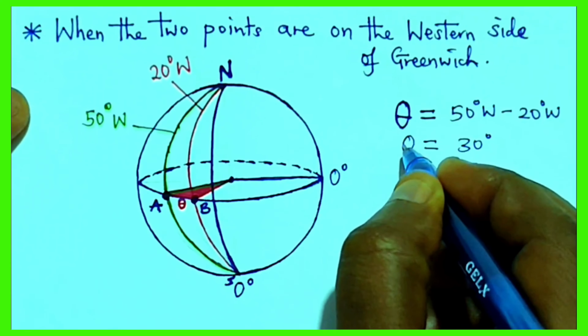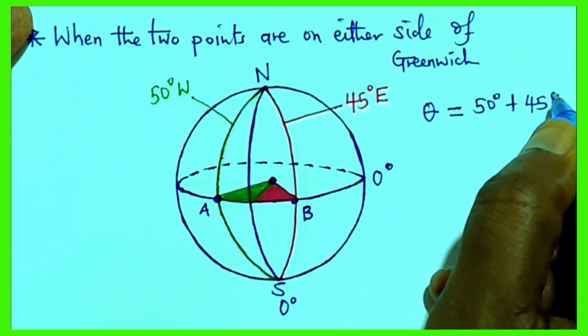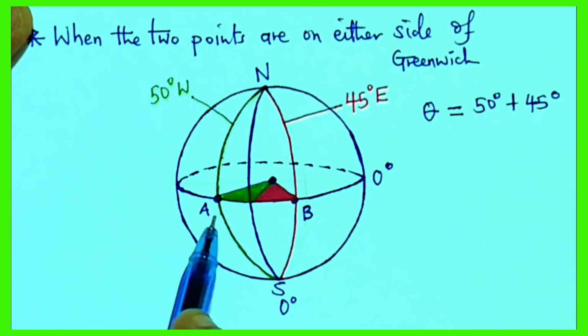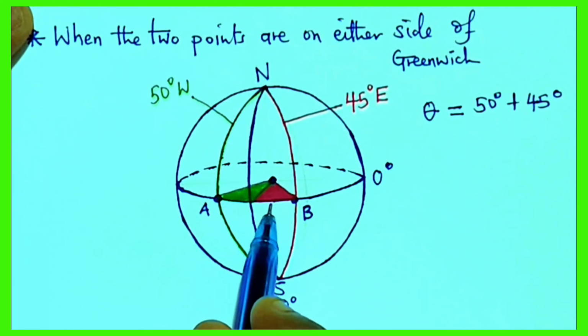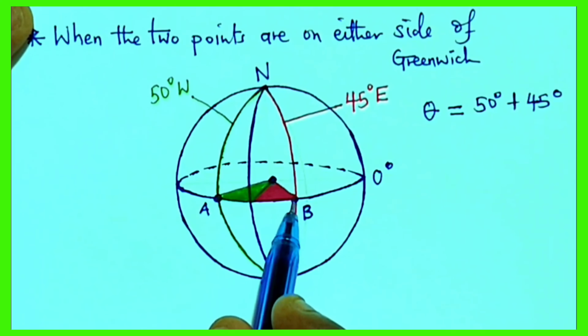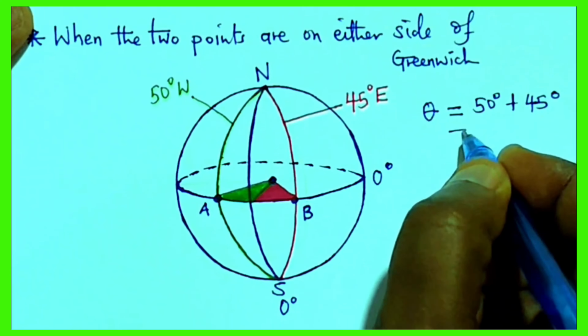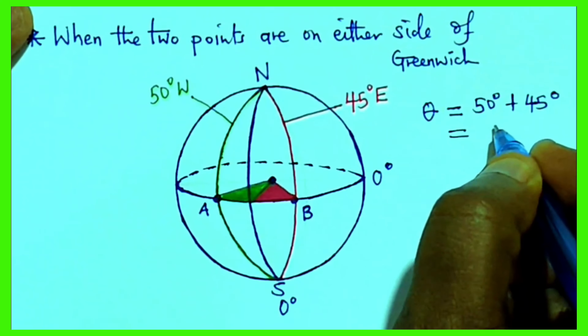So theta here will be equal to 50 degrees plus 45 degrees. So there is 50 degrees on the western side of Greenwich, and then there is 45 degrees on the eastern side of Greenwich. When you add them together, we're going to get 95 degrees, and this represents the longitude difference